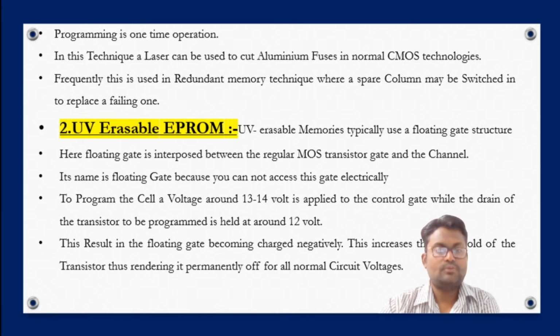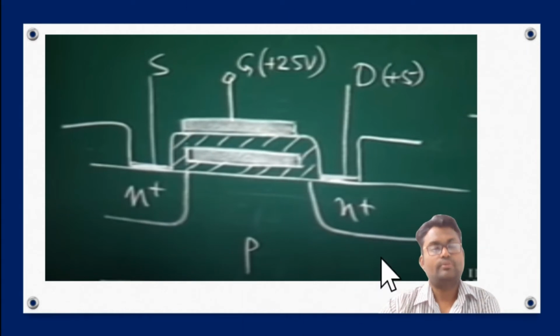In this type of approach, we know that for making any CMOS device, if we want to implement an NMOS device, first we need a p-type substrate, and then we need certain n-type regions. One is used to form the drain end, and another is used to make the source end, and these lines represent the oxide. The portion that overlaps inside the oxide region is known as the floating gate. This one is the floating gate, and this one is the gate structure.